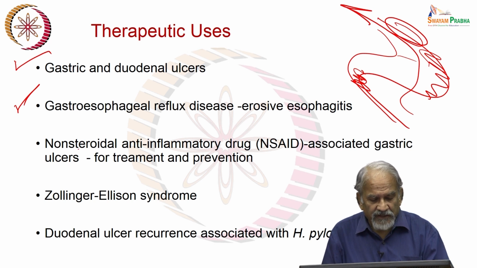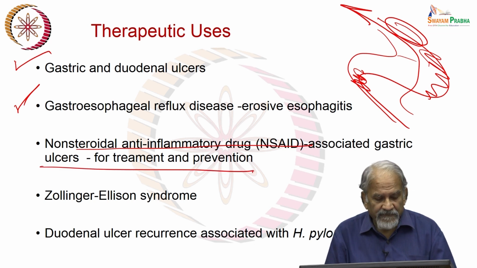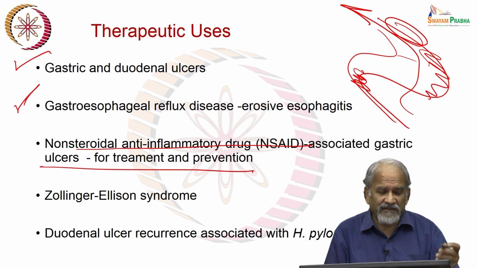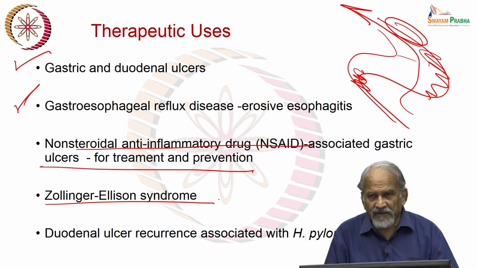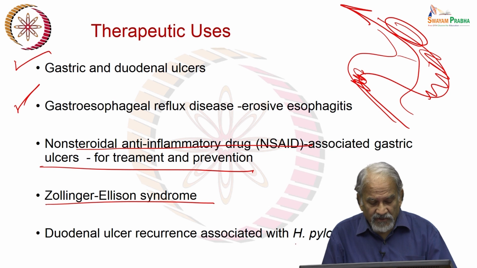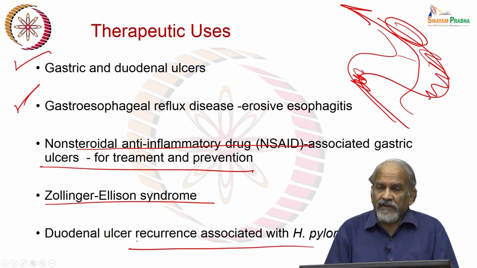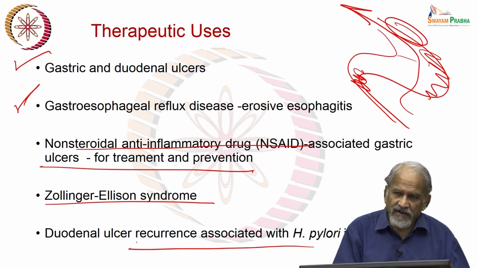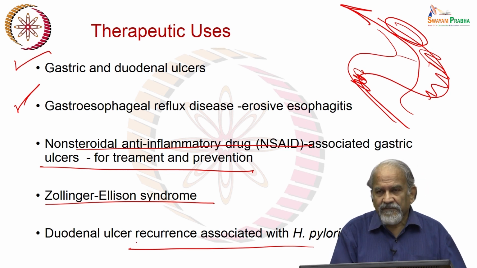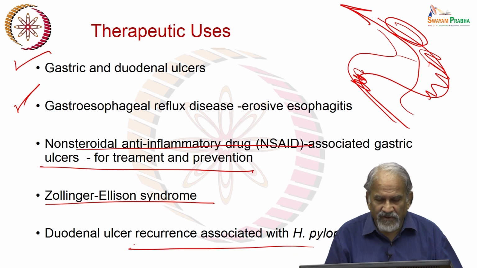Also given in non-steroidal associated gastritis, which is very common, as common as road accidents. Zollinger-Ellison syndrome, where there is a continuous very high release of hydrochloric acid. This is also given when there is an established H. pylori infection, because you treat the bacteria, but you also block the hydrochloric acid secretion, because that is causing the